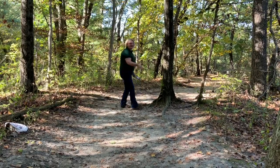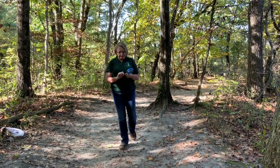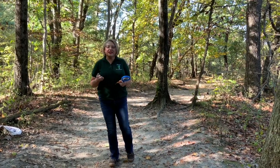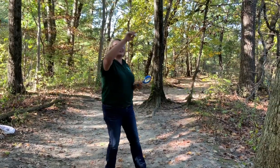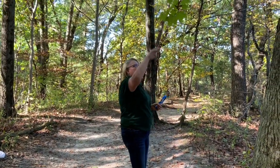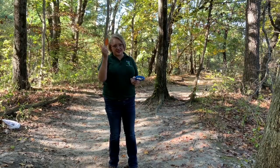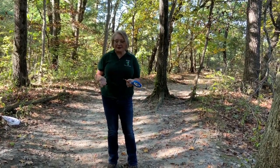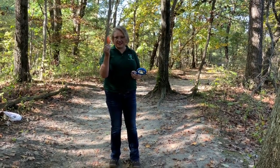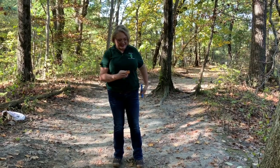Yes! I found a sassafras leaf. Now remember, it's never a good idea to take a living plant or a tree, or even take leaves still attached to the tree when you're at a state park. You can, however, ask permission to collect fallen leaves like the sassafras, maybe for a school project. I like looking for fallen sassafras leaves this time of year because